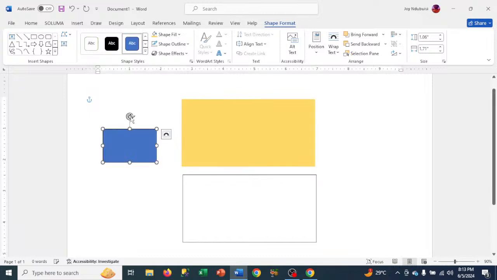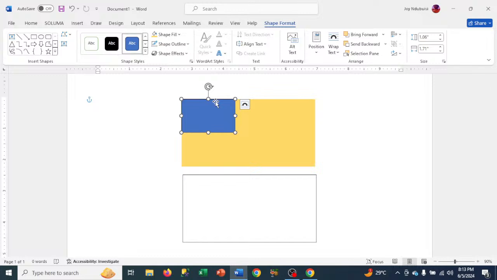Now, once I draw, I take it to, this is not what I'm supposed to do. I will take it to this place as we are designing what we have there. I will take it to that place. So once I'm okay, I will then rotate it. So once I rotate it to the angle I want, I will, okay,